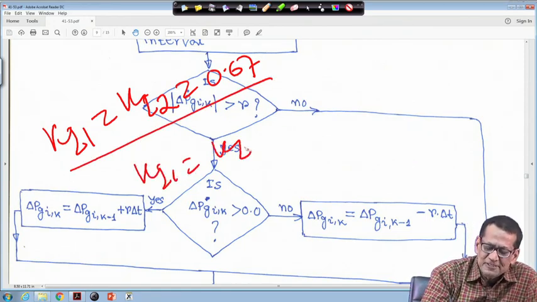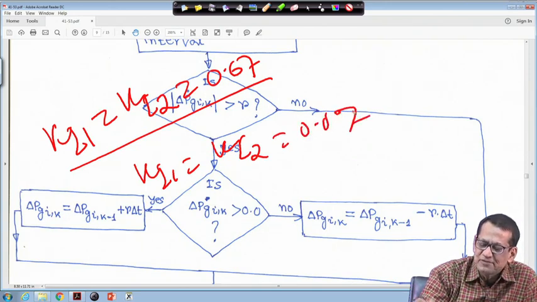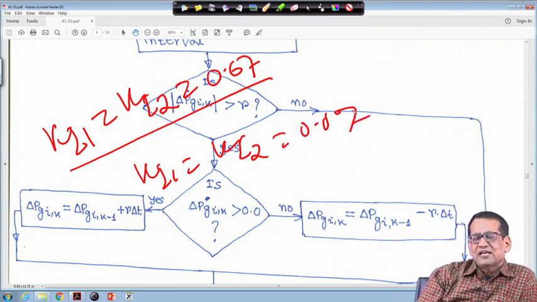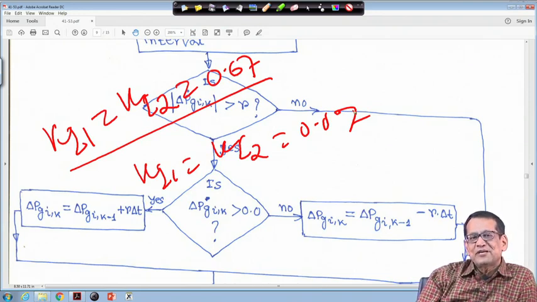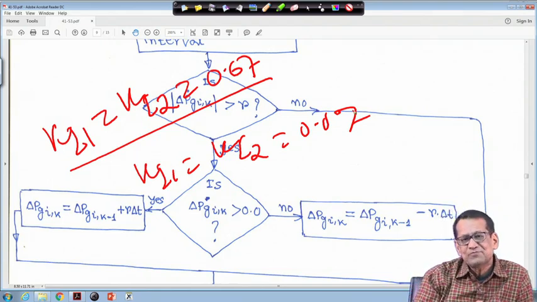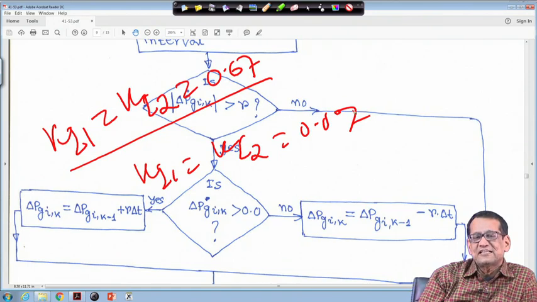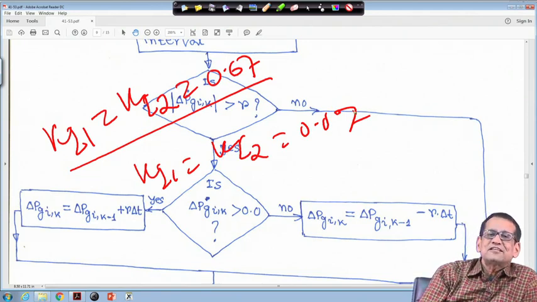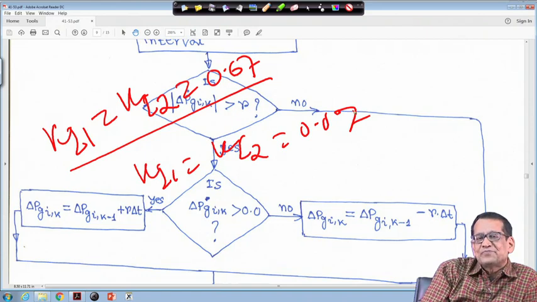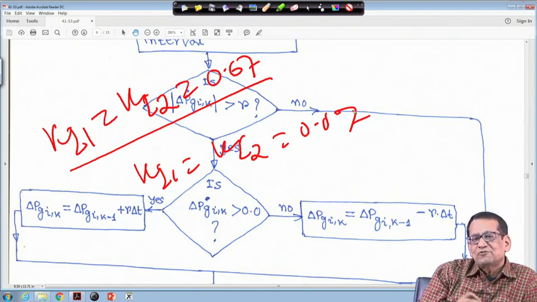For example, Ki1 equal to Ki2, say 0.07 or even less, right. It is very small, otherwise the system will become unstable for higher gain. So you need a very small gain. This is one thing, and the dynamic responses also will deteriorate, right. It will not settle in 10 or 15 seconds, it may continue for long. In addition, although there is no time to consider it, a governor deadband is also there. If you consider that, the governor deadband has an effect on sustained oscillation, and the oscillation will continue for long if you include the governor deadband.